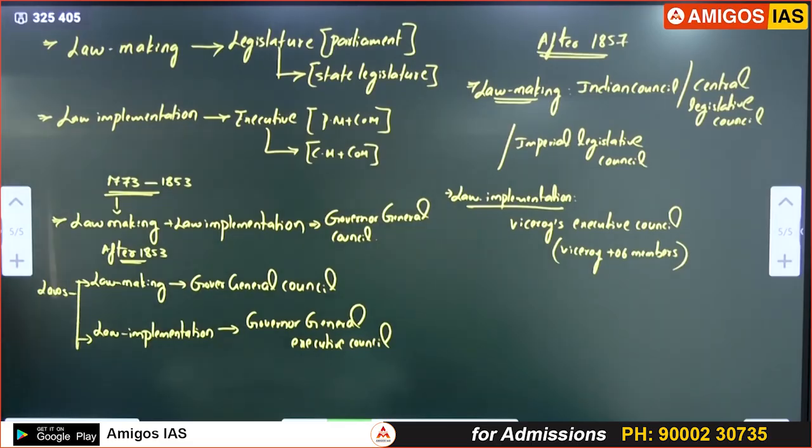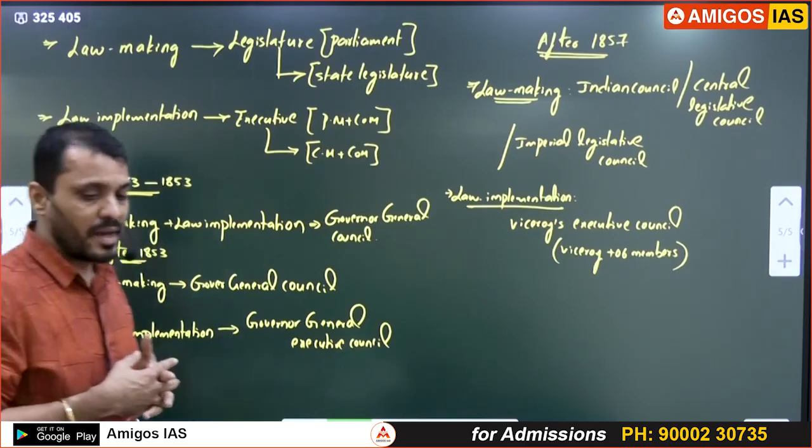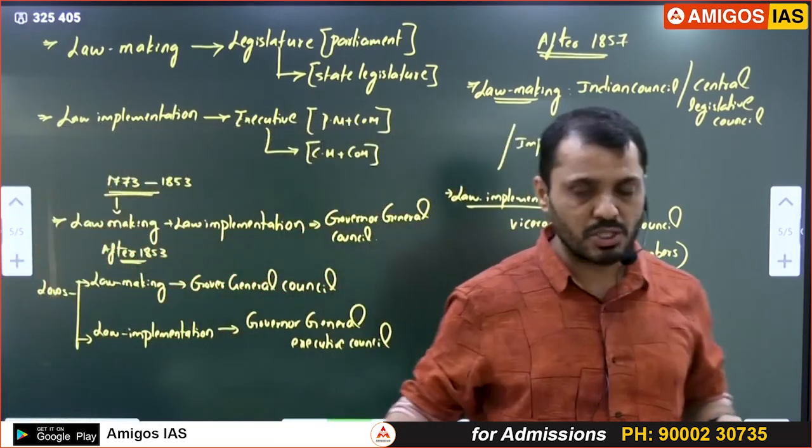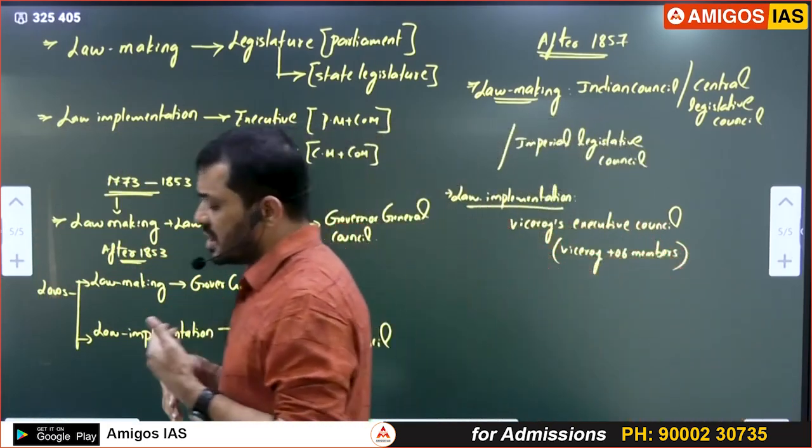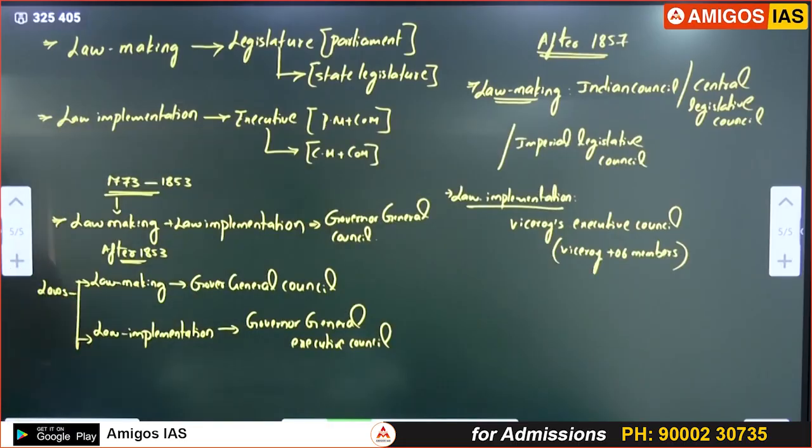Okay, guys? Done? Okay. So this is about Indians' interaction and after 1857, how the lawmaking and the law implementation used to be there, and before 1773, before 1853, and between 1773 and 1853. This is how lawmaking bodies and law implementation bodies used to be. So in future classes, when I am dictating Viceroy Executive Council, it expanded from 5 members to 6 members, you don't need to worry about that. Okay, so now next,